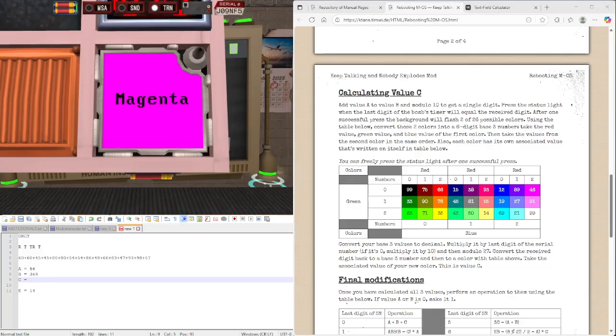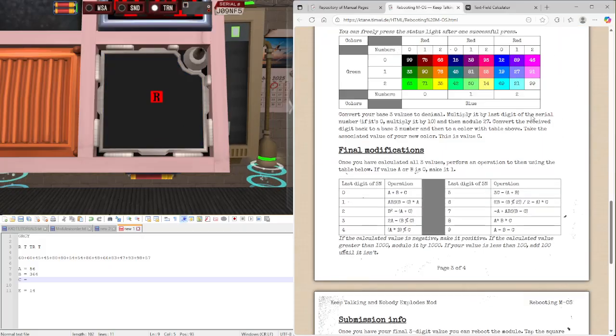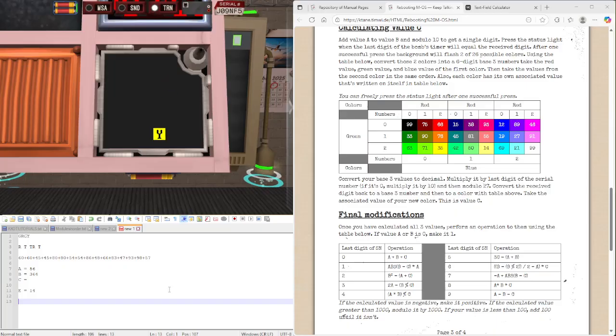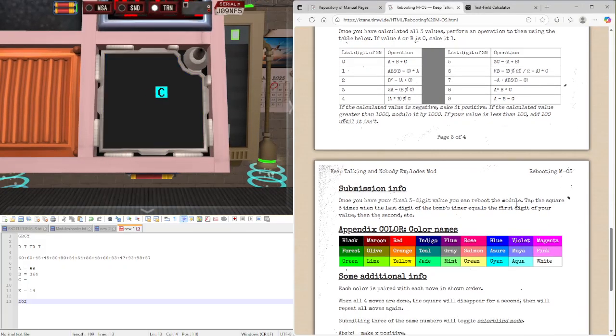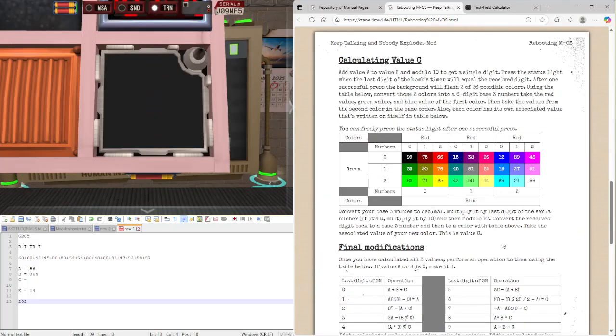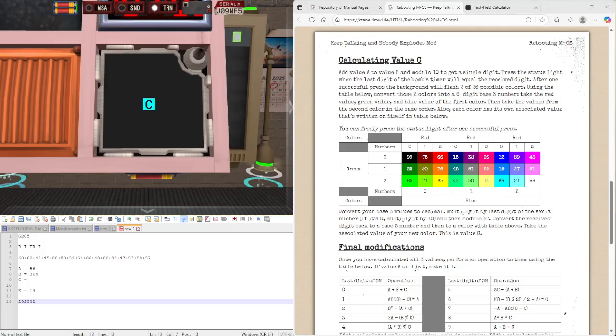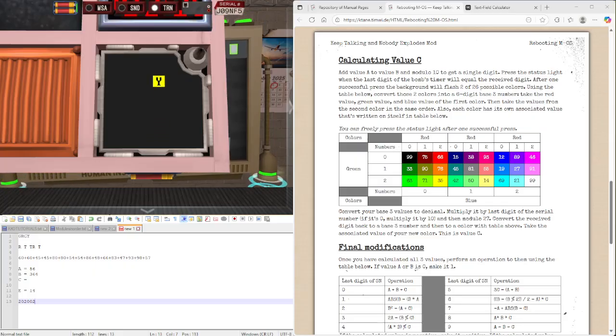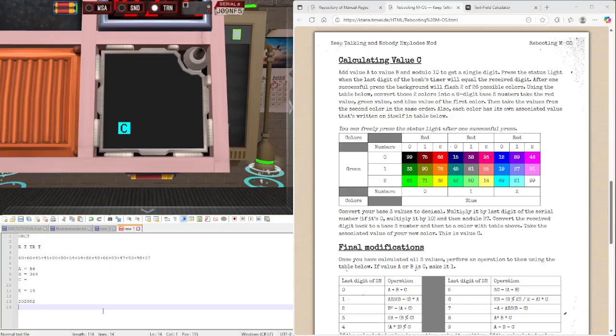We have to put into blue, which is 2, 0, 2, and 0, 0, 2. And then split this base 3,